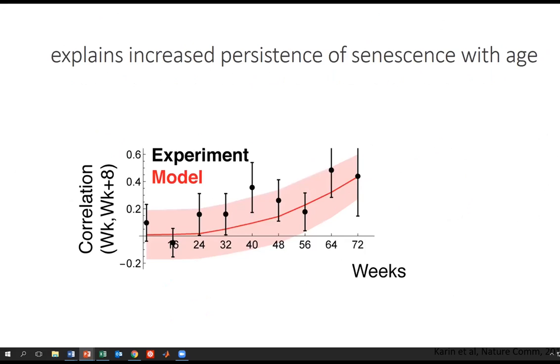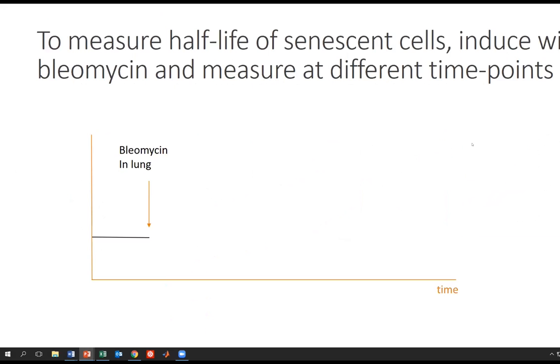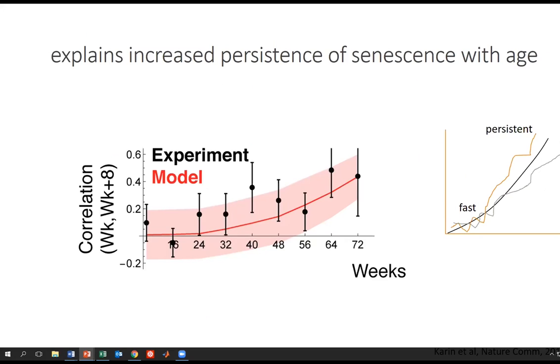and also explains something very important, that as we age, senescent cells can fluctuate. When we're young, they fluctuate a lot. When we're old, they fluctuate slowly. So if you're above average, you stay that way longer. And if you're below average, you stay that way longer. This is the chance part of aging. If you're unlucky enough to be above the average, you stay that way longer because senescent cells inhibit their own production. And that is captured by this model and by the data. So persistence with age. Why is there widening differences with age? And the model also predicts senescent cells have a half-life of days in the young and weeks in the old.